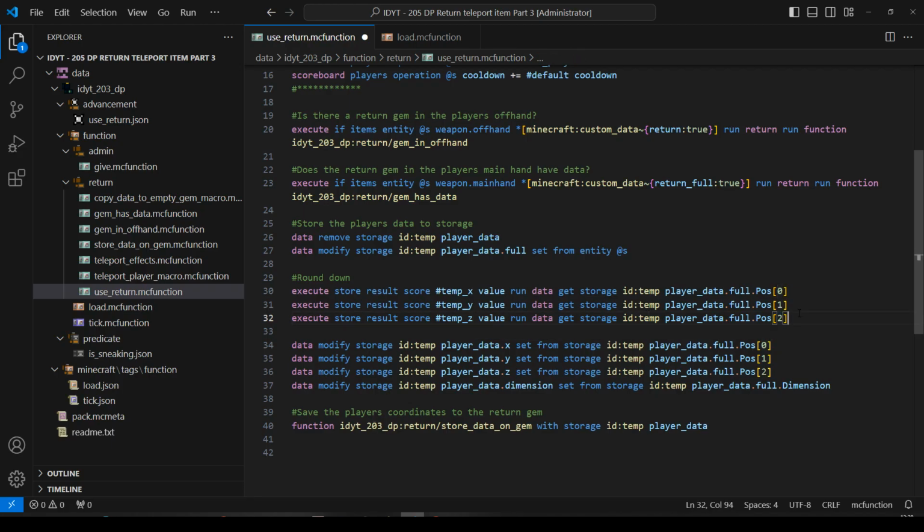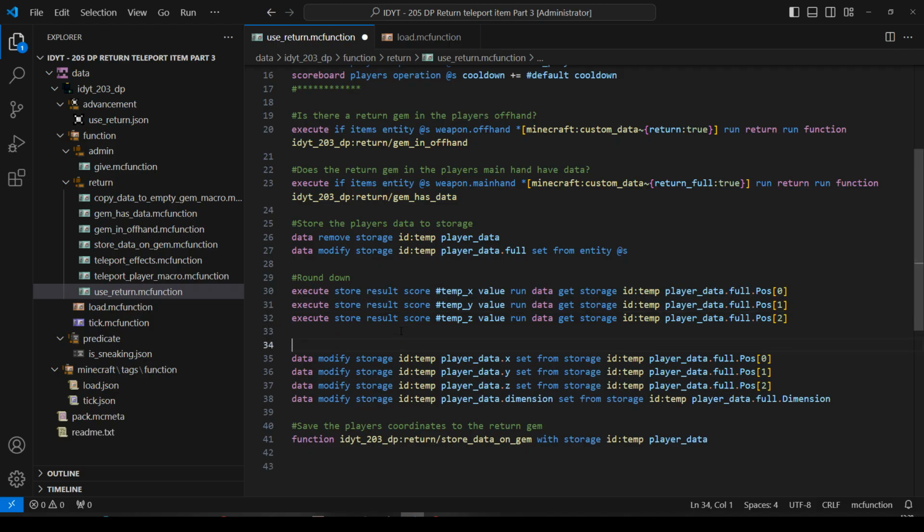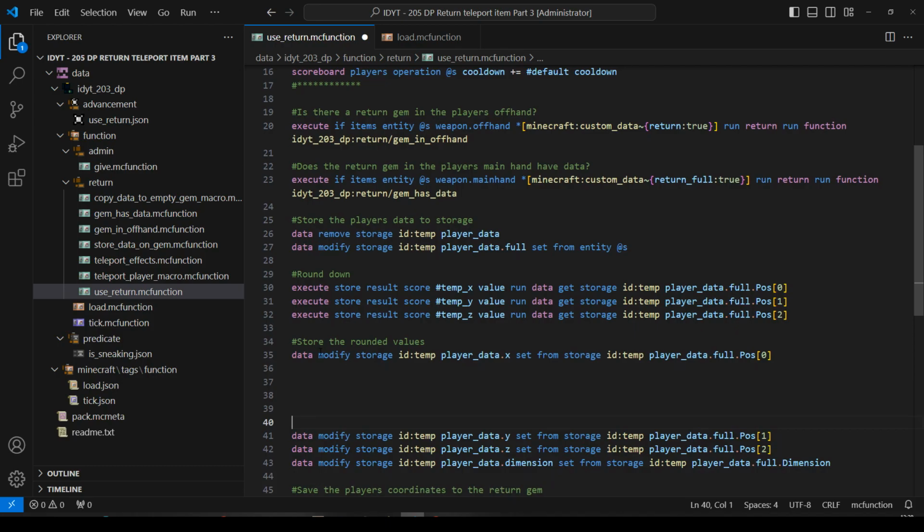Okay, but now we're going to need access to that. So now we need to store the rounded values. So instead of getting from storage, you're going to have to be different. You're going to have to be an execute store result. So let's move the others out of the way, because we're only going to work on one line at a time. So instead of data modify, we will have execute store a result,